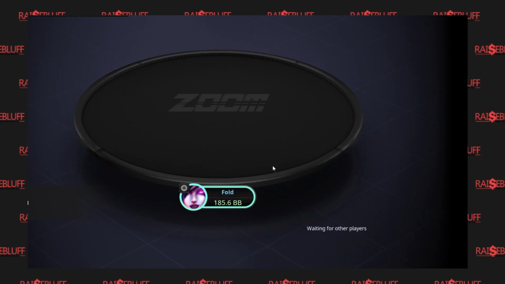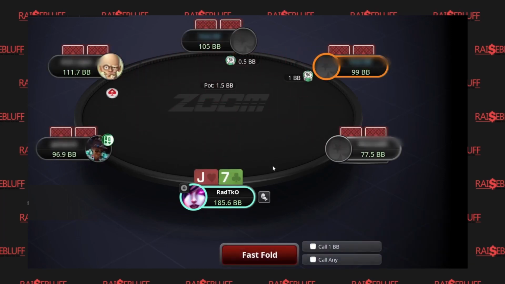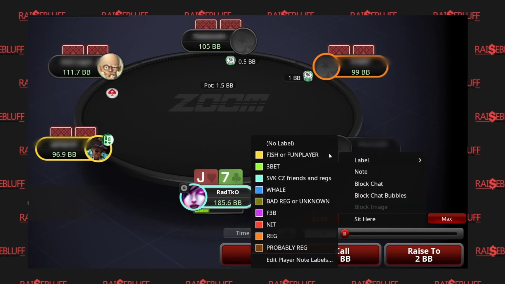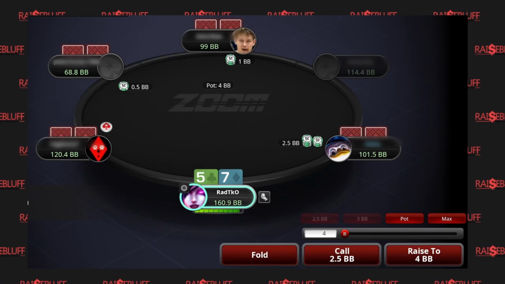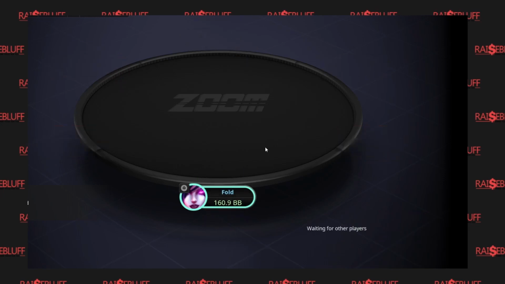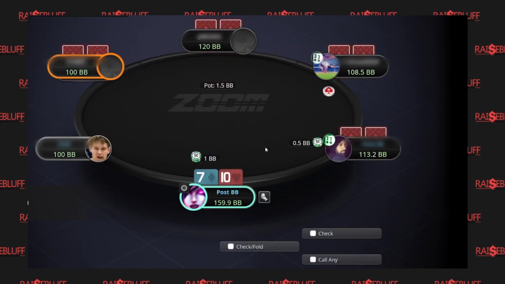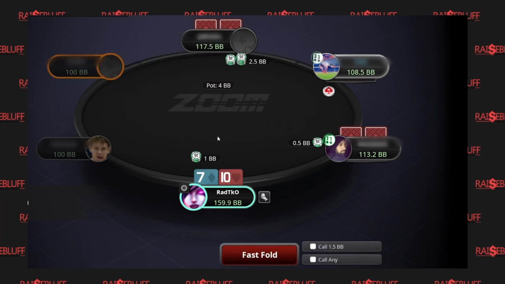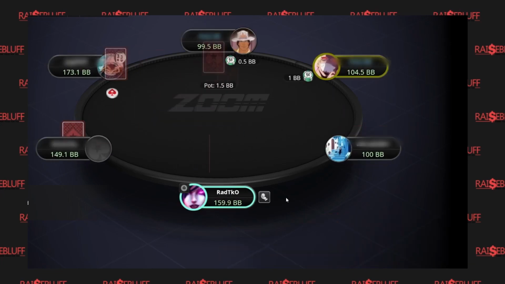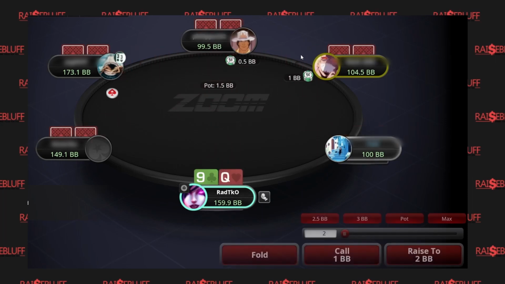And throughout the game, you just keep clicking and trying to look for the players who are less than 100 big blinds. So this is the first sign we were talking about. All day long, just keep marking these players. Firstly, focus just on the players under 100 big blinds, because these players will give you the most money, and these players will be your best customers. So don't press the fold button until you check all the players, and if you find some player under 100 big blinds, mark them and then fold.